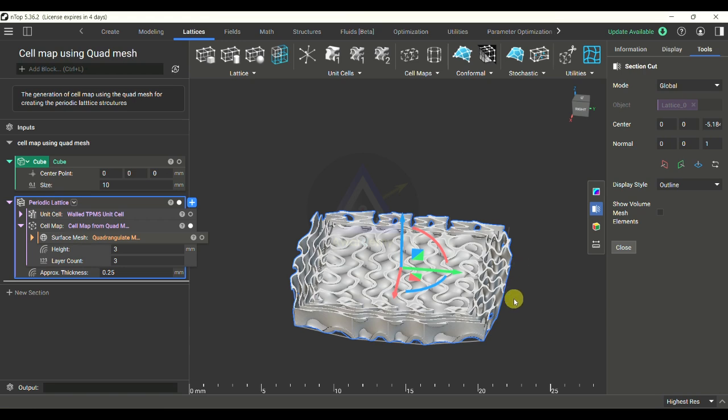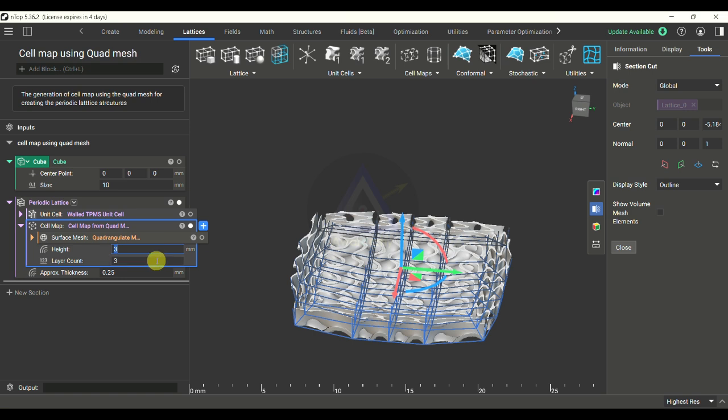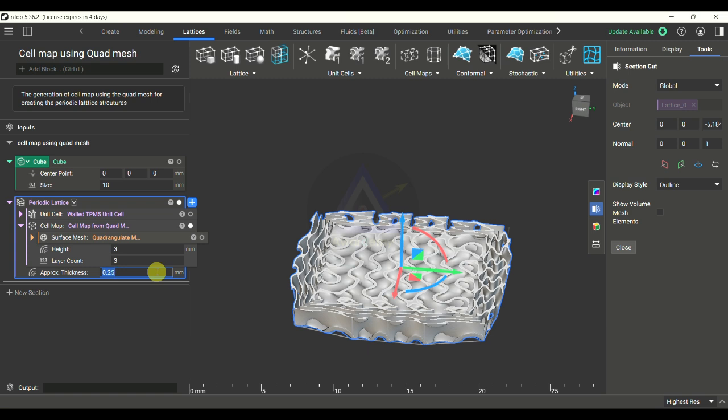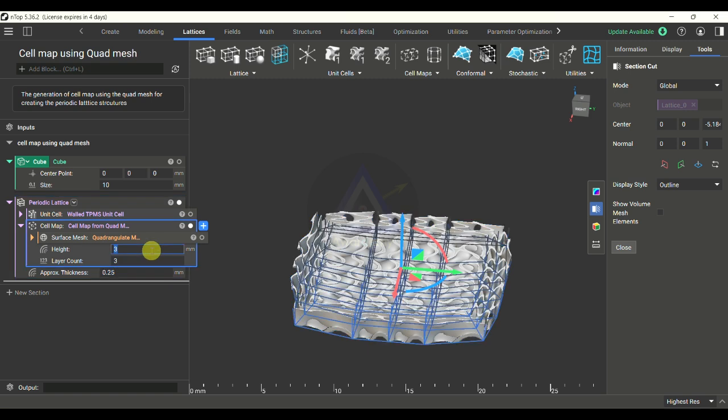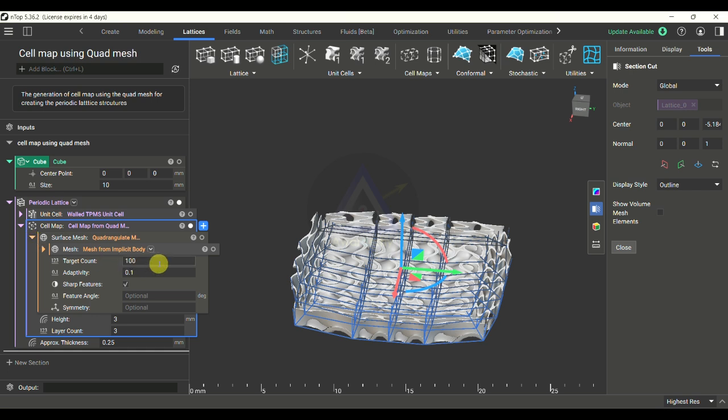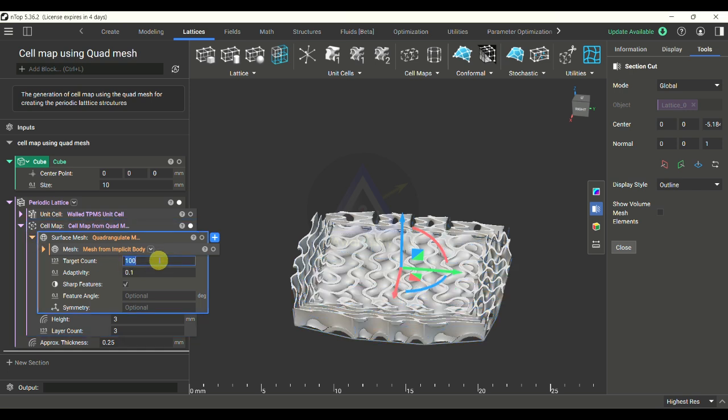As I said, there are various parameters. For example, if you consider the cell map itself, you can play with the height parameter, and you can play with the layer count. You can also play with the thickness. If somebody wants higher density, they can increase the thickness value. If somebody wants higher porosity, they can decrease the value. And if somebody wants more height and a higher target count, for example if I increase the target count to 1000, then